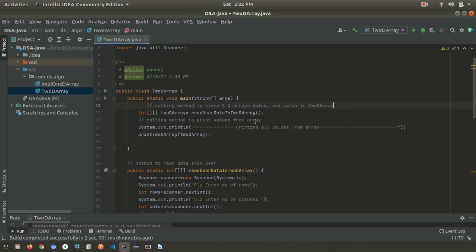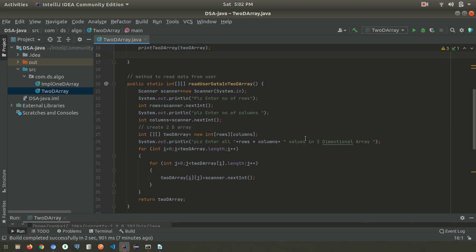So this method is getting called, and whatever two-dimensional array is getting returned, we are storing in this variable. So calling method to store two-dimensional array values and catch in the two-dimensional array variable name.